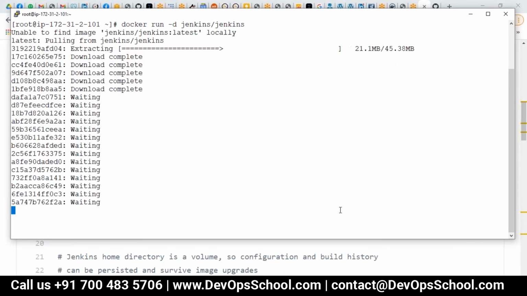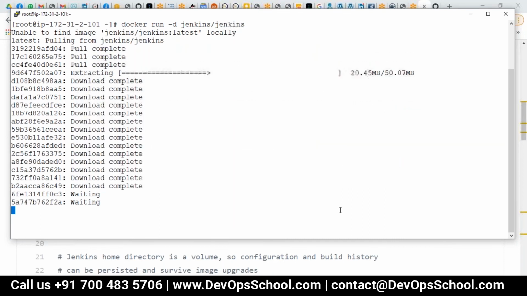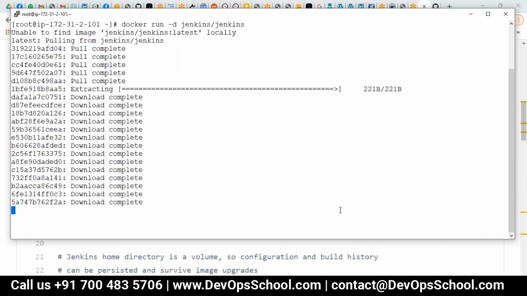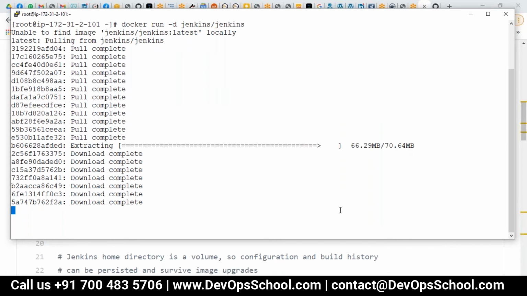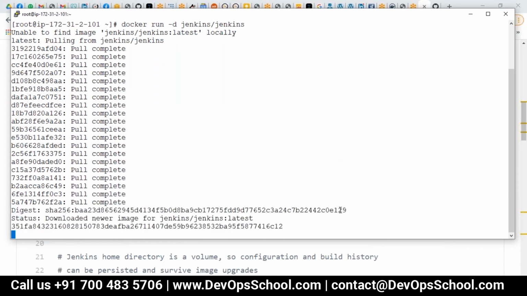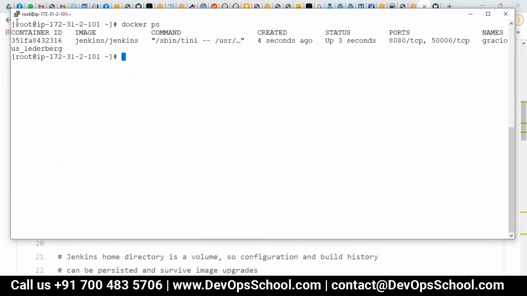I think the image was not there, so it's downloading it. Done. So now I got this image, docker ps. This is the container.